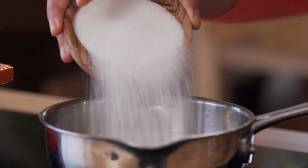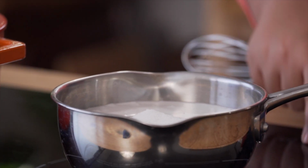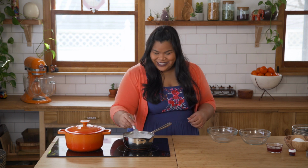And sugar, I just have plain granulated sugar. If you can get your hands on coconut palm sugar, even better. Just heat this up on very low heat. You just want to get it warm enough to get the sugar dissolved, okay? So whisk it up, and when you no longer feel any of those granules, then you can just pull